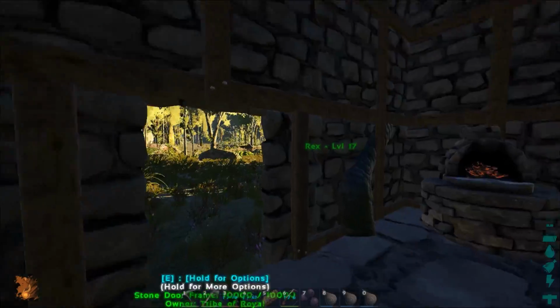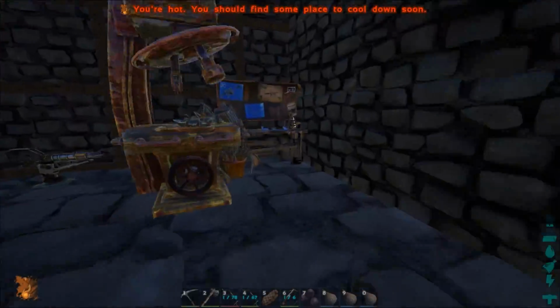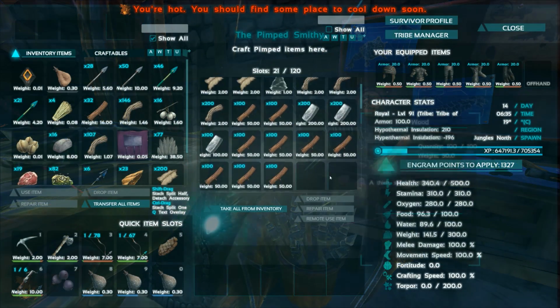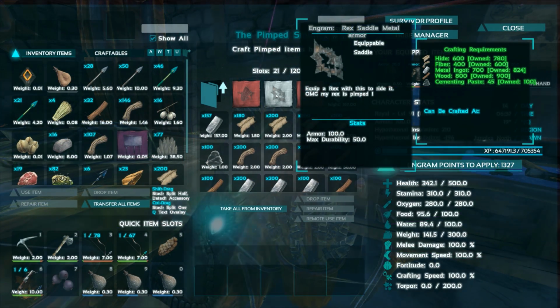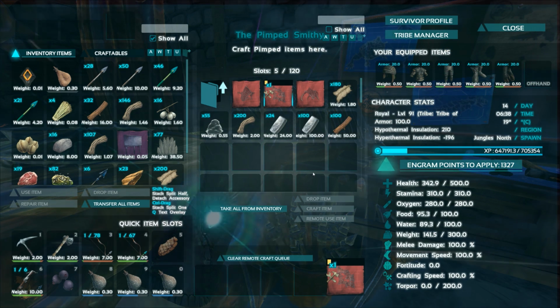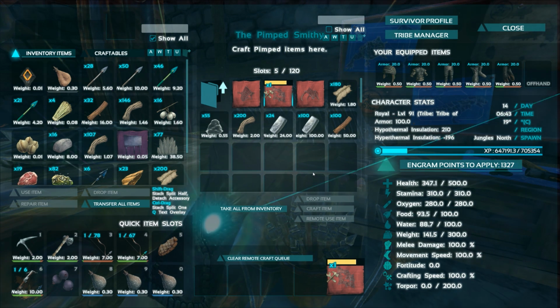All right, 2 days have gone by. 2, exactly, in-game days have gone by. We've got enough metal and enough wood and enough fiber and everything to be able to craft the Rex saddle metal armor. That kind of stinks because that took a lot of time just to get that amount of metal. And it really isn't the actual metal gathering that's hard. It's waiting on the metal, and then also kind of my lack of,